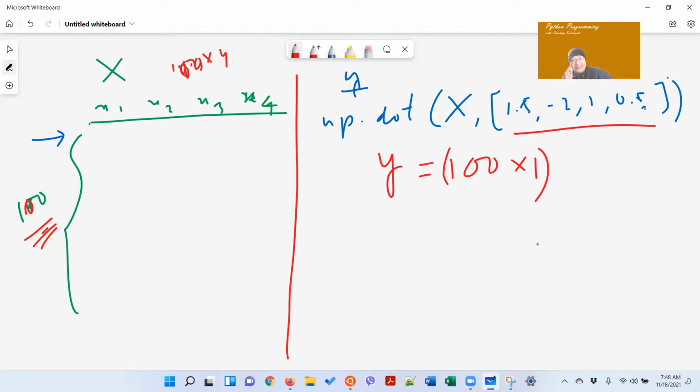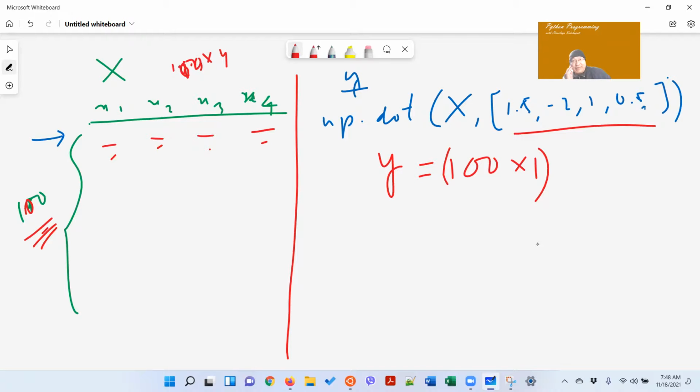So anyway, अब हरेक रोलाई चाहिँ यसले यही गर्छ: 1.5 times x1 plus -2 times x2 plus 1 times x3 plus 0.5 times x4। त्यसको जुन रिजल्ट हुन्छ त्यही y मा आउँछ, किनभने यहाँ सबै नम्बर छ नि, ओके।